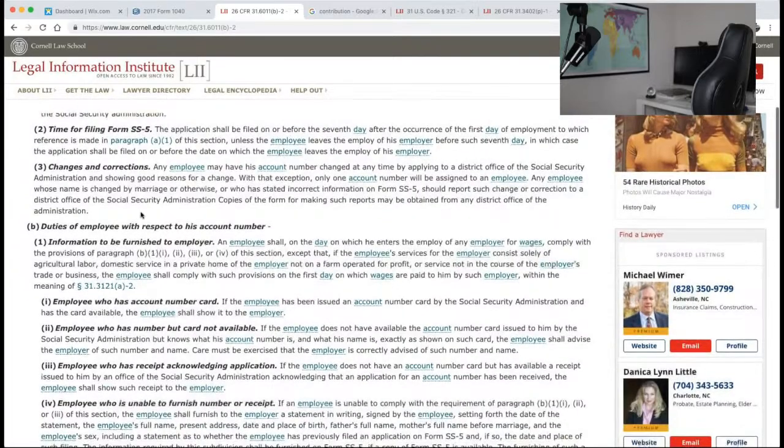Okay. Duties of employee with respect to his account number. 1. Information to be furnished to employee. An employee shall, on the day on which he enters the employ of an employer for wages, comply with provisions of paragraph B1, 1, 2, 3, or 4 of this section, except that if the employee's services for the employer consist solely of agricultural labor, domestic service in a private home of the employer, not on a farm operated for profit, or service not in the course of the employer's trade or business, the employee shall comply with such provision on the first day on which wages are paid to him by such employer, within the meaning of section